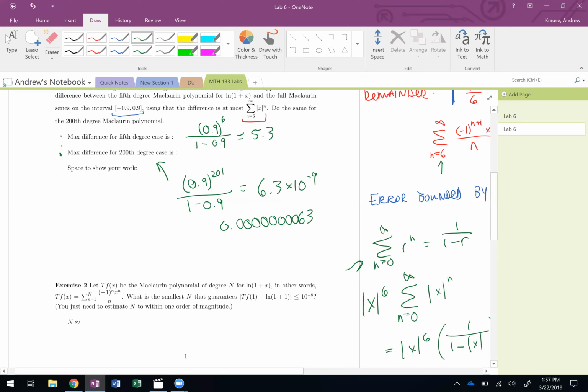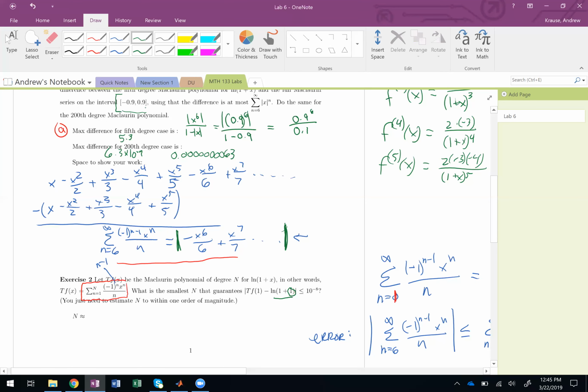So what this is telling me is that my 5th degree polynomial didn't do a very good job of estimating the function at 0.9, which would have been like the log of 1 plus 0.9. Okay, that's like finding the natural log of 1.9. The 5th degree polynomial didn't do a very good job. The 200th degree polynomial did a pretty good job. It got the error to be pretty small. Okay, so we just figured out the difference in that remainder, those leftover terms for this 5th degree polynomial and the 200th degree polynomial. And that was on this specific interval